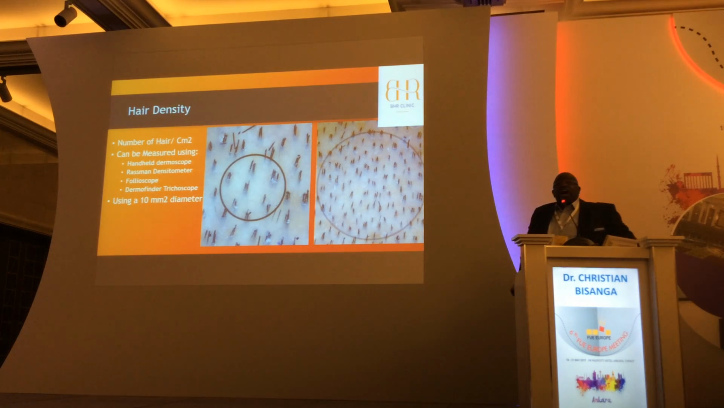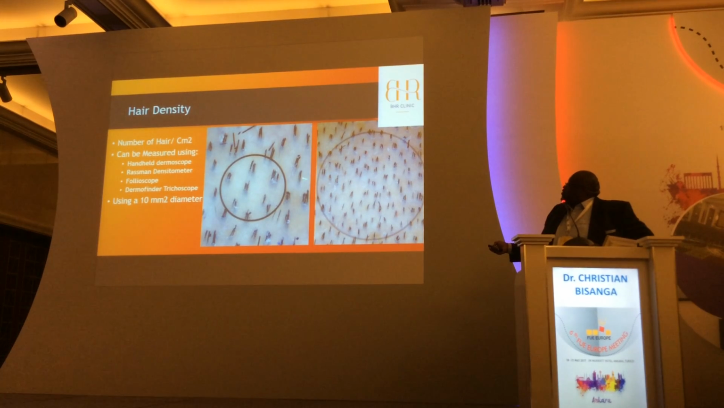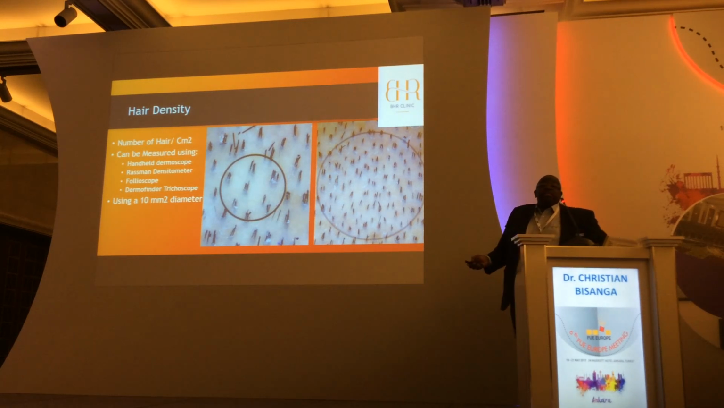So hair density, how do you measure hair density? There are a lot of tools available, from simple ones to complicated ones. But if you draw a circle, this is a small Rassmann handheld densitometer. It's 10 millimeters square. If you count the follicular units inside the circle and you times it by 10, you have a roughly estimated